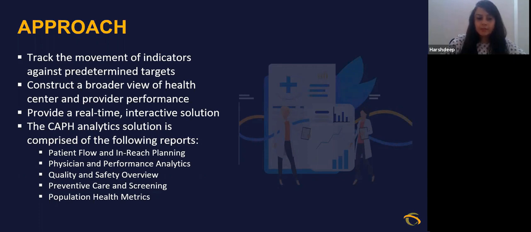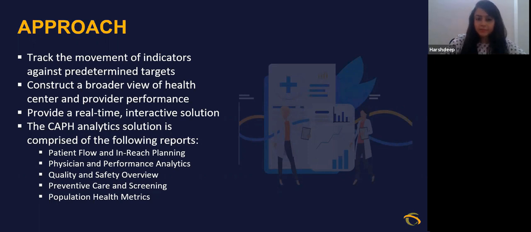gender. The CAPH analytics solution helped our customer with reports about patient flow and enriched planning, which ensured smooth patient flow, reduced the waiting period with a comparison of actual and budgeted visits by month and location. Physician and performance analytics helped in understanding performance trends for a particular site as well as quality measures. Quality and safety overview enabled customers to have a quick insight into patients' respective treatments across ICD and CPT